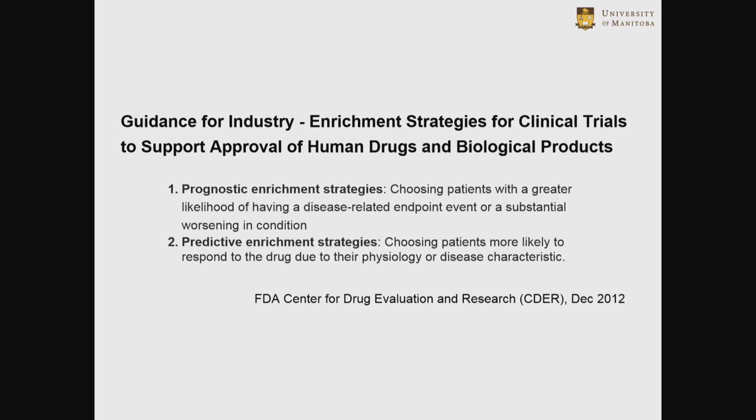Lastly, and this is my last slide, is that industry has really been in a drought in transplantation, as was mentioned by Annette, and one of the reasons for this, and as this was identified by the FDA back in 2012, is that we do need better both prognostic enrichment strategies and predictive enrichment strategies. So in this context, a prognostic enrichment strategy is choosing patients with a greater likelihood of having a disease-related endpoint or a substantial worsening of condition, whereas a predictive is choosing patients more likely to respond to a drug due to their disease characteristics. And I think, as you can see, this could potentially fit into both of these categories,